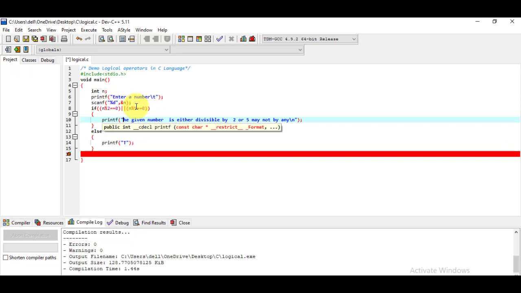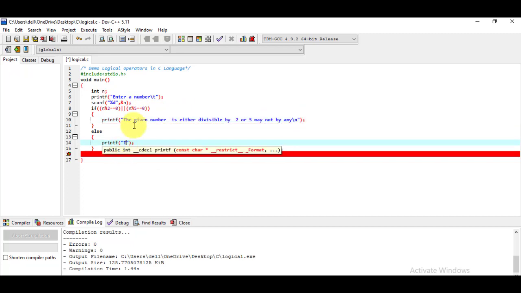So here I'm writing the given number is either divisible by 2 or 5 or may not, or here we can write that the given number is not divisible by either 2 or 5. Put the backslash symbol here.